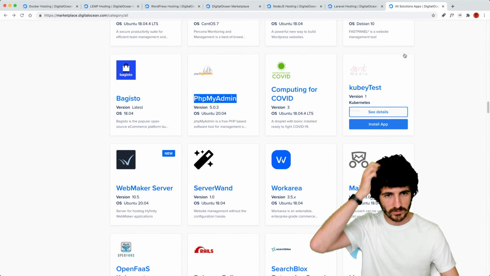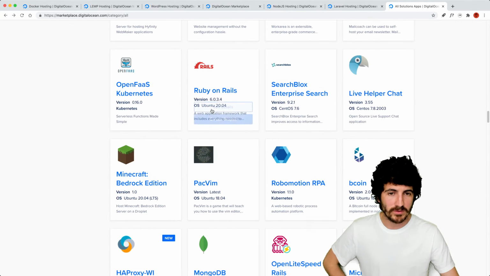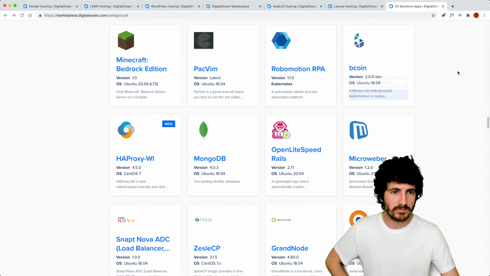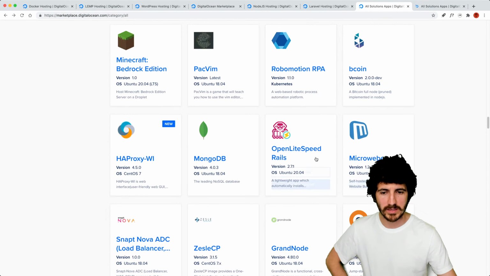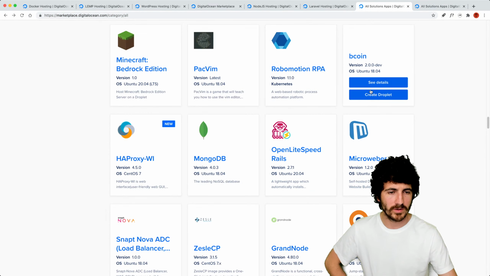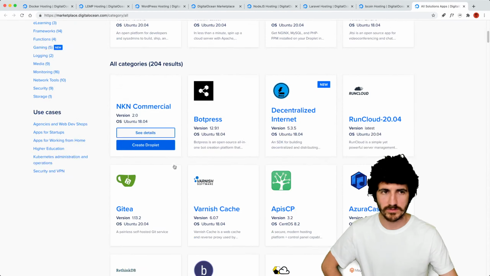Yeah, a Droplet with BOINC installed, ready to fight COVID. And Ruby on Rails, Bitcoin full node implemented in Node.js. All right, let's actually see that one. I want to see that one. A MongoDB. And MicroWeber. We're going to see that one. And all solutions.